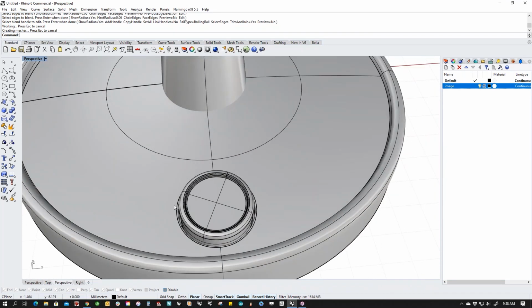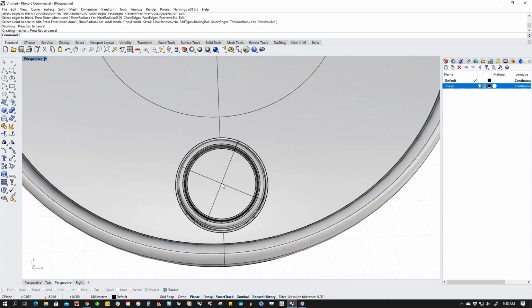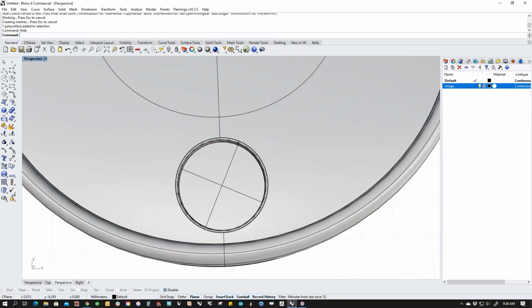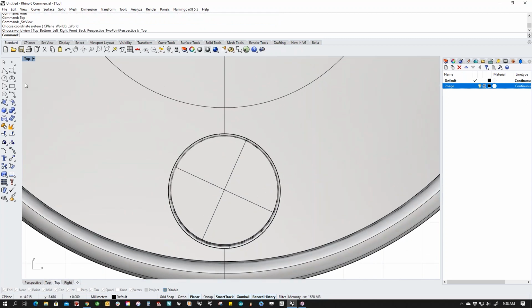So the last thing we need to do is put our text over here, the on-air text, and I'm going to emboss that in. We'll do kind of a cool little trick for this. I'm going to hide this for now because I don't need it. And I'm going to go to the top view, and I'm going to draw a curve for where I want my